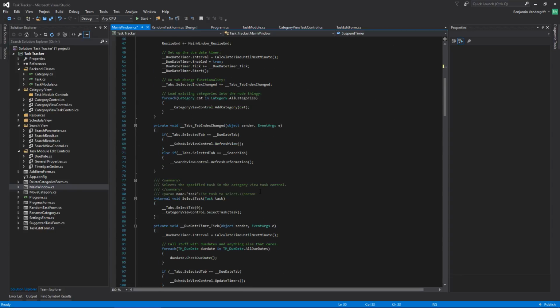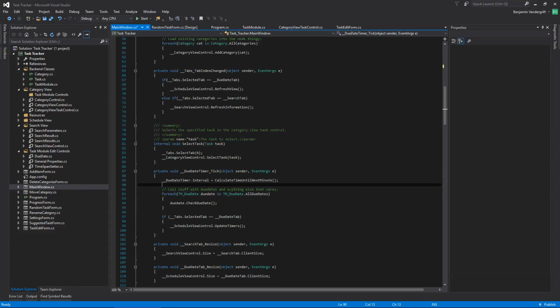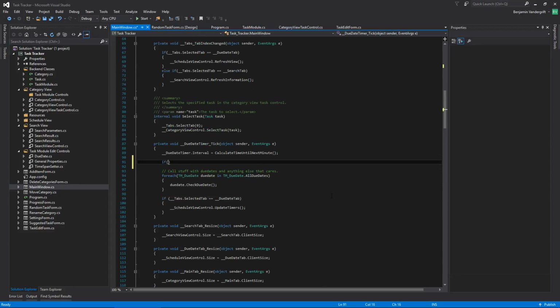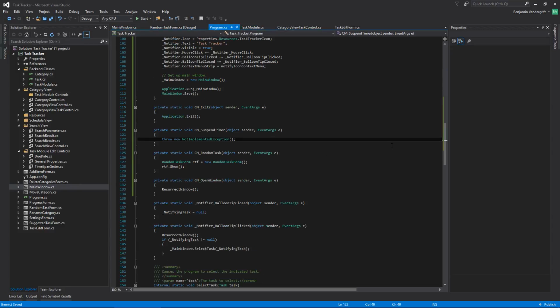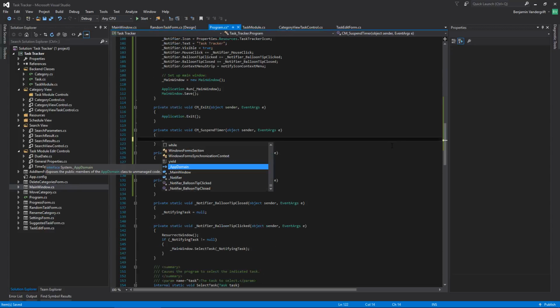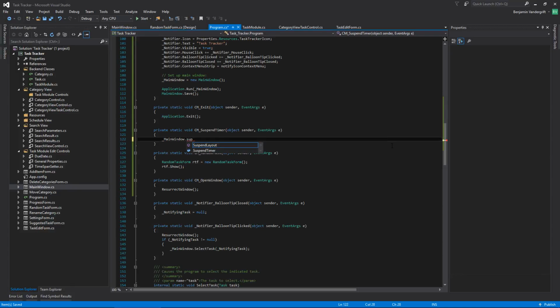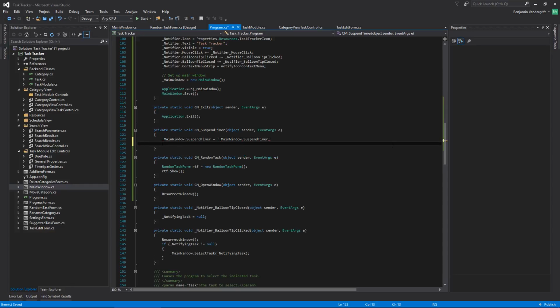Come down to this right here and go if suspendTimer return. So if we're suspending the timer, we just don't do anything. We'll need this in a sec, so I'm going to leave that open for now. So all this needs to do then is MainWindow.suspendTimer equals not MainWindow.suspendTimer, and then the other thing that I want to do is sender should be